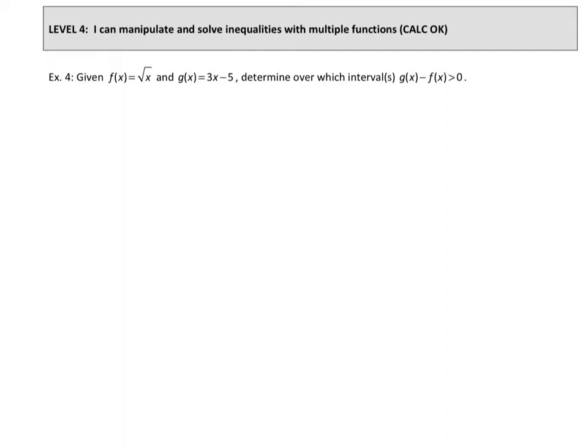So in this first example, it says determine over which intervals g of x minus f of x is greater than 0. So I'm going to plug g of x, which is 3x minus 5, and f of x into this inequality. And we want to know when this is greater than 0. First of all, always make sure you have 0 on one side. If you don't, subtract terms to get everything on one side,